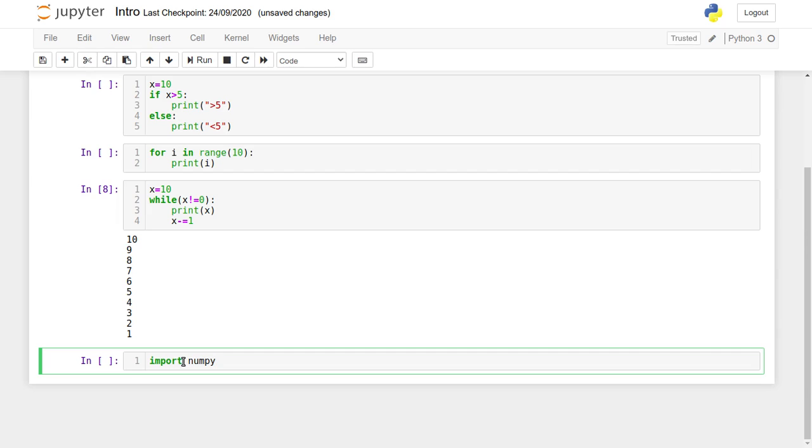NumPy arrays are stored at continuous places in memory, and NumPy manipulates the data very efficiently.